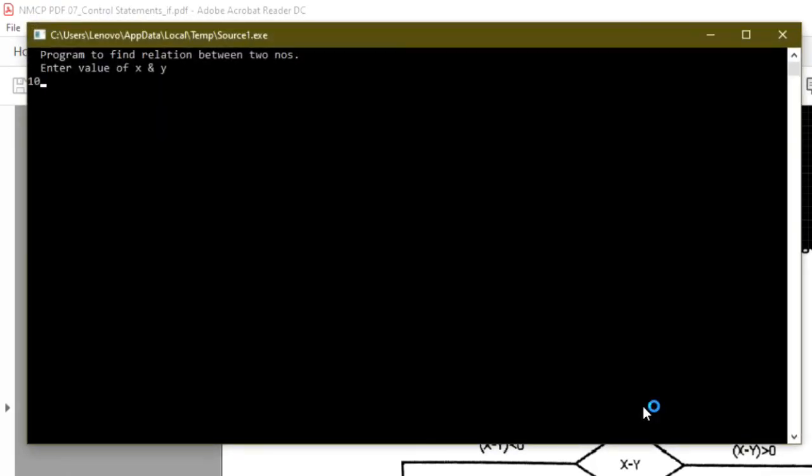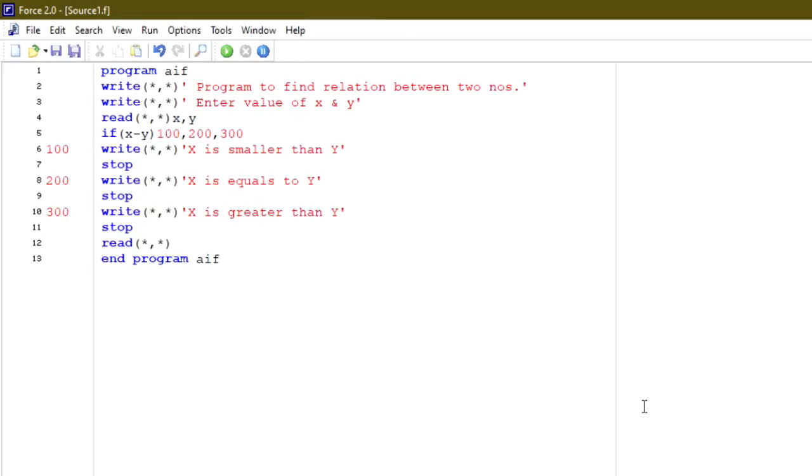Let us put x is 10 and y is 20, means x is smaller than y. Okay. So now the problem with my operating system is that whenever it stops, it goes to end program, right, and it will not show the display. So I have to fix it. If you have a 32-bit operating system, then no need to do these corrections.